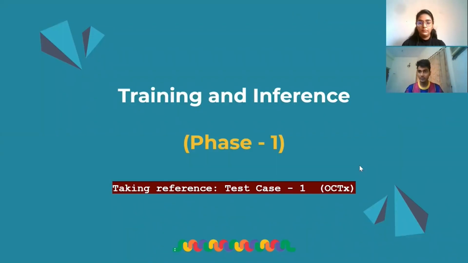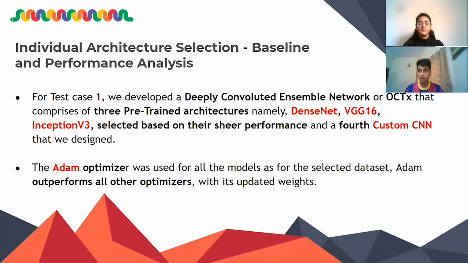So firstly, the entire pedagogy that was followed here has been divided into 2 phases. This is phase 1, where we train and infer insights out of the model. How do we do that? We first see how well different architectures perform on our entire train set individually. So for this study, when we tried to classify OCT images, we also documented the same, and we'll show you a snapshot of that too.